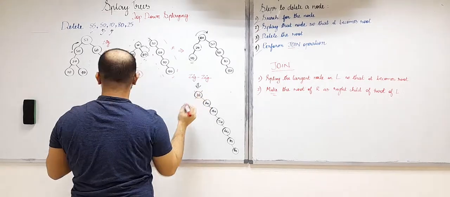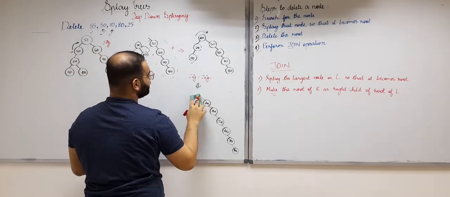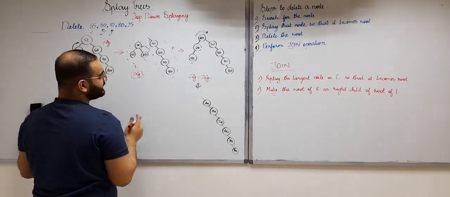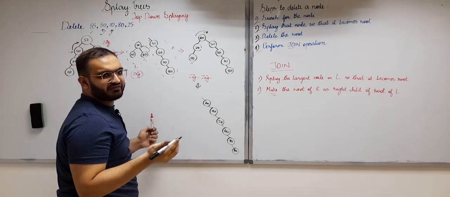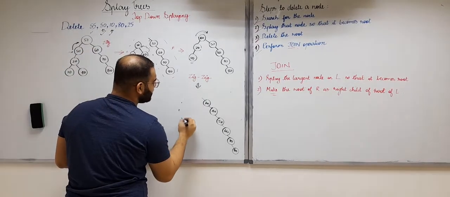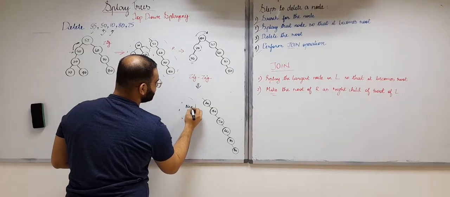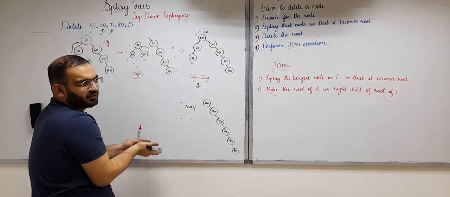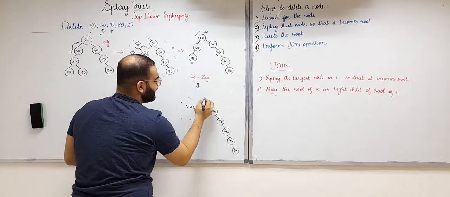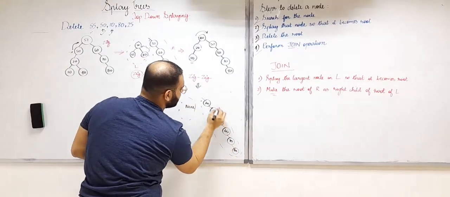So now in the third step, what do we do? We delete this node, right? So now we don't have this node. When we deleted this node, where is our left subtree? Our left subtree is basically null. We don't have a left subtree because there was nothing on the left side of the root. Whereas this is our right subtree.